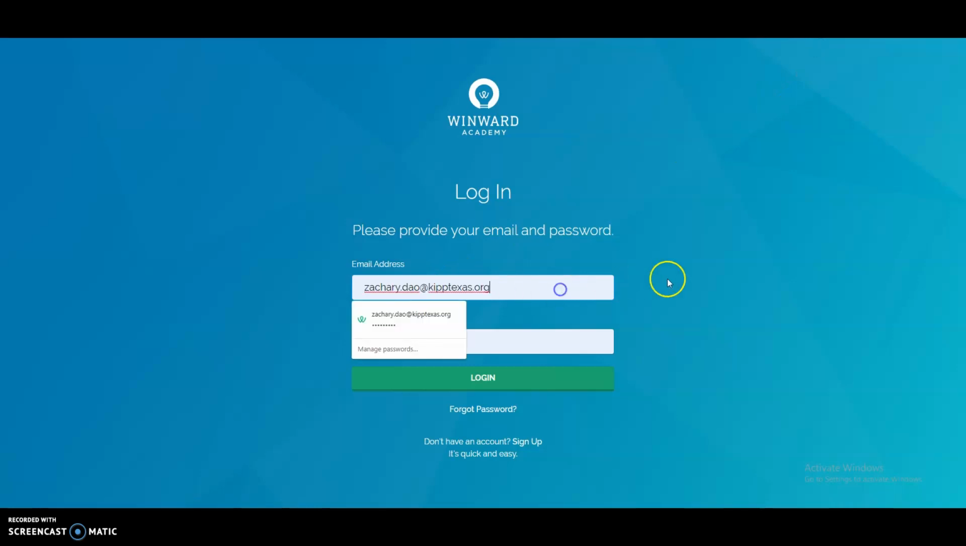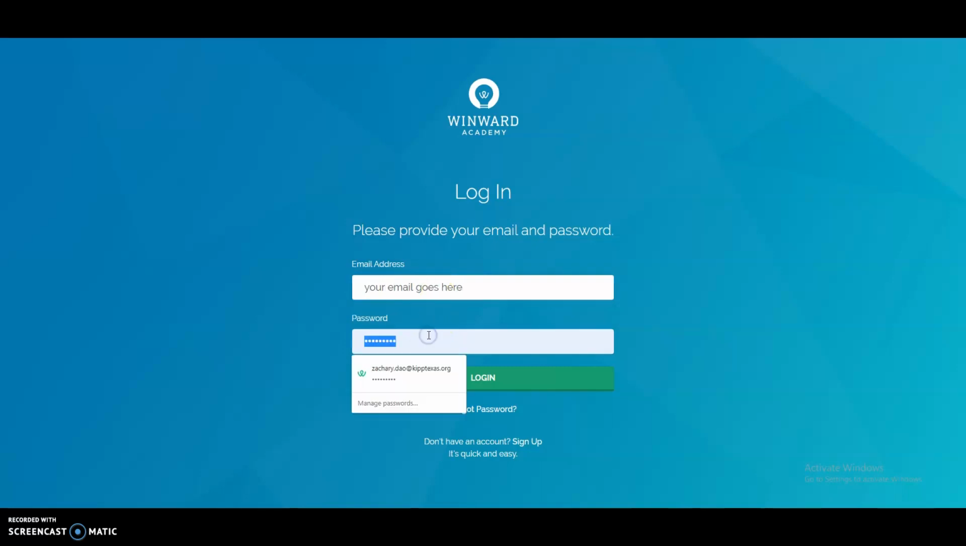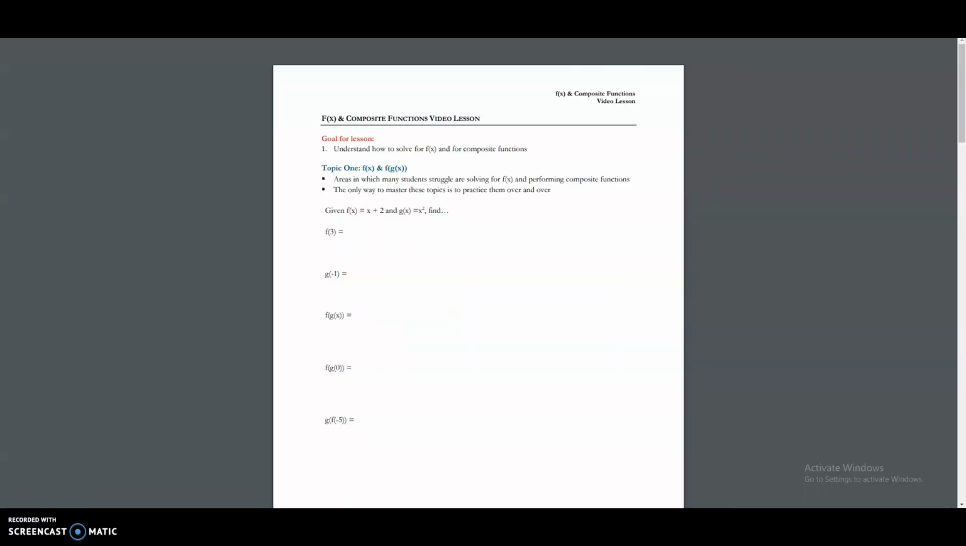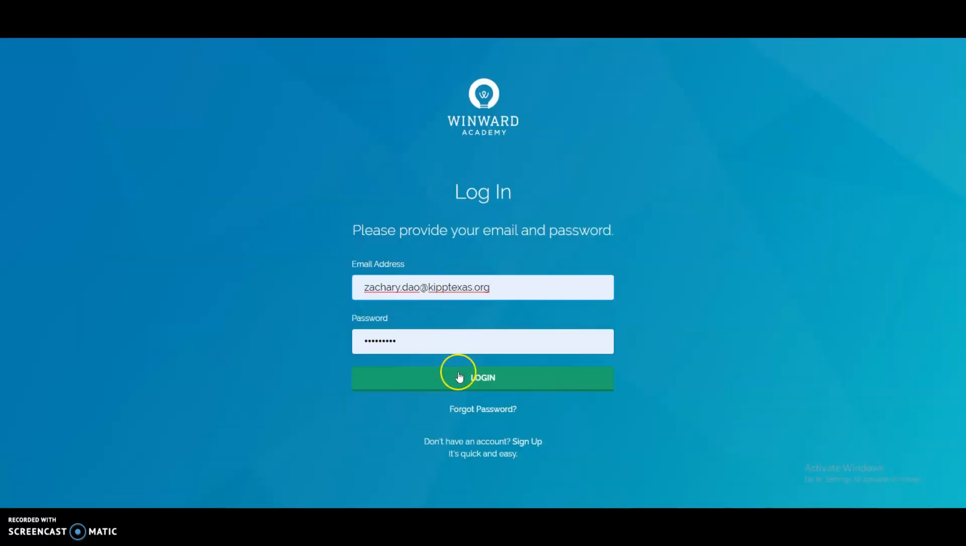Your email address, please don't type in mine. Your email goes here. You aren't going to see this, but I'm going to type password. And your password goes here, of course. And once you log in,